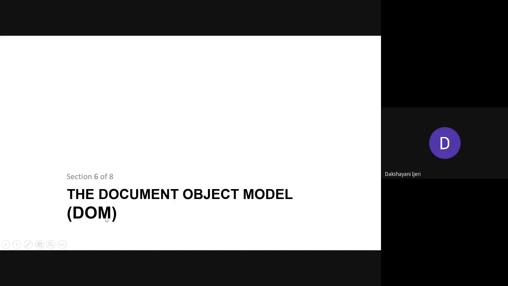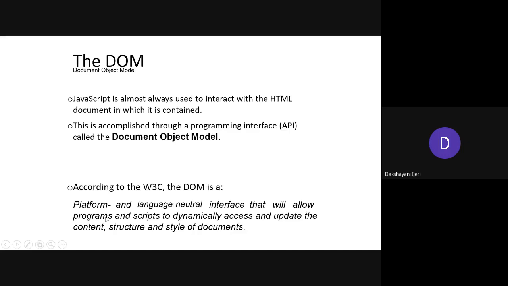Okay. So to begin with, we'll have a little theory discussion just to make it clear what the document object model is here. JavaScript is almost always used to interact with the HTML document in which it is contained. So it is obvious, right? When you say that you are writing JavaScript for the HTML, for what purpose are you writing it?